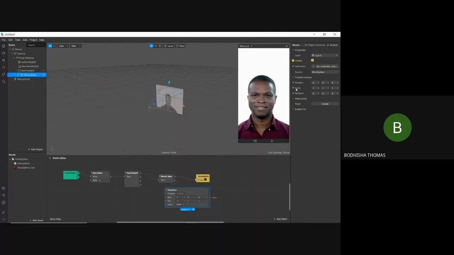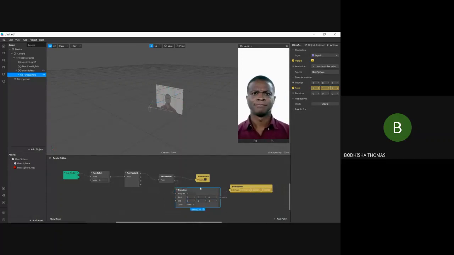So beside this scale, there is an arrow. We have to add that to the patch editor, and we just have to connect it. So we can change the values also, like how many times the object should scale up. I'll select it as 4 times.